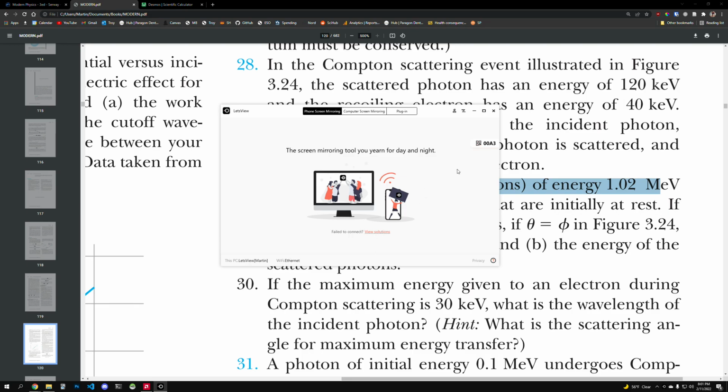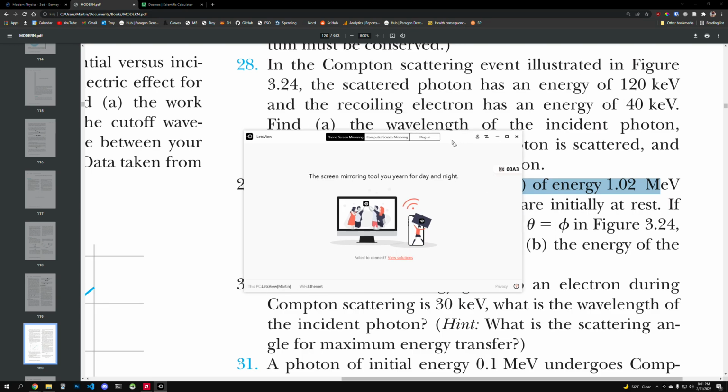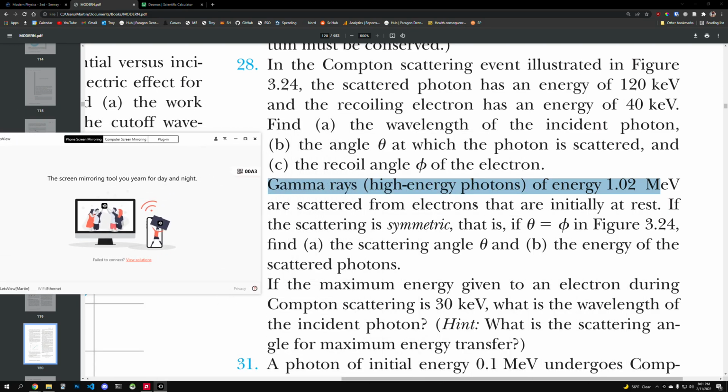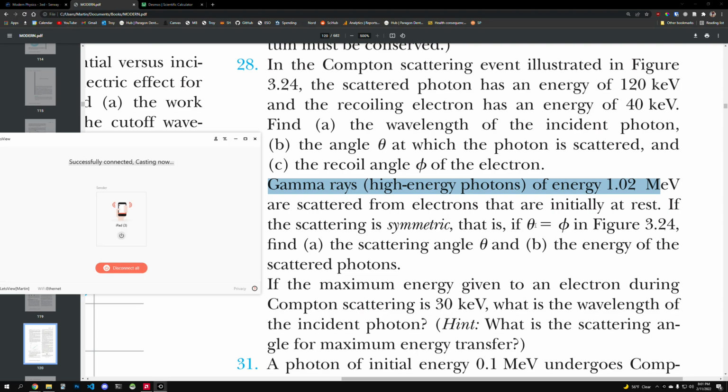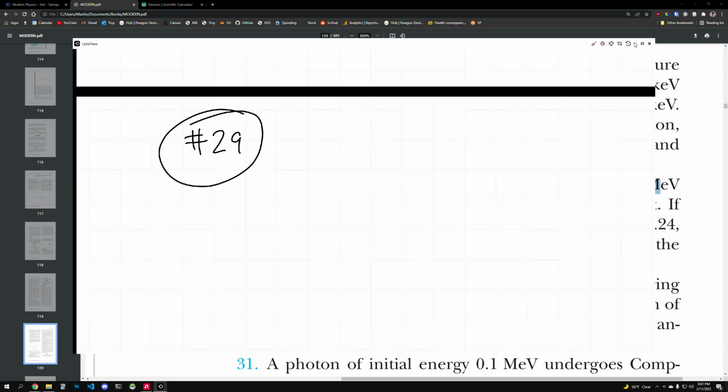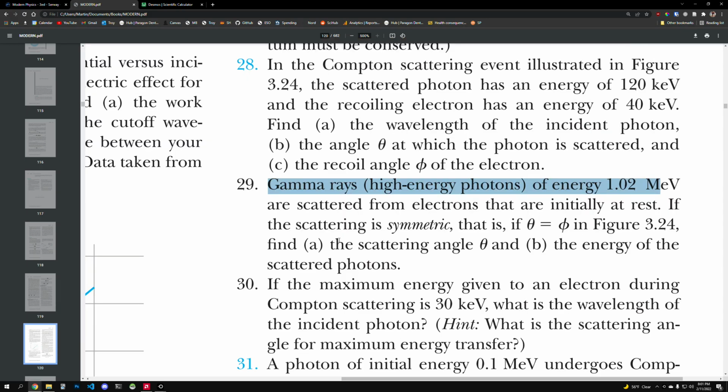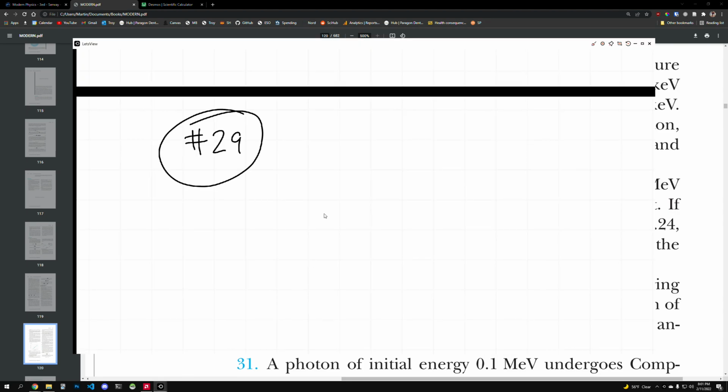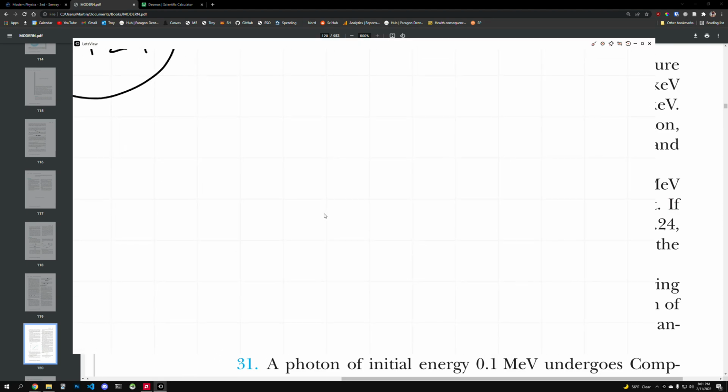particle pair here. Instead, we are colliding with an electron, okay, and we'll scatter, and then if it's symmetric, that means that both angles are equivalent, and so we have scattering angle theta and the energy of the scattered photons. So if we just wanted to diagram what's going on out,